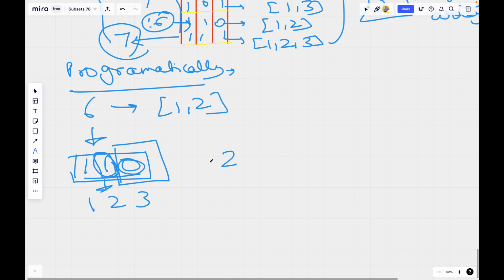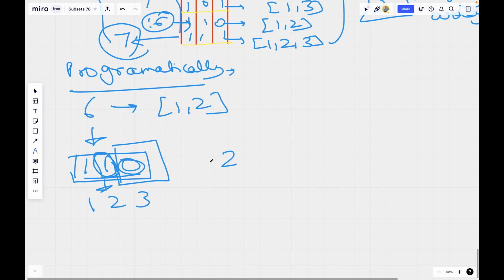Let us consider another example. In one of our iterations from 0 to 7, when I am at 3, its bit representation is 0, 1, 1. And how will it be mapped to the 2, 3 subset? I will check if its last bit is set or not. If its last bit is set, I will add that number to our output array. And then I will right shift this number altogether.